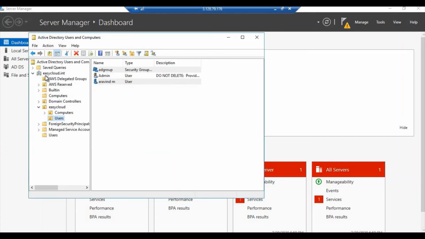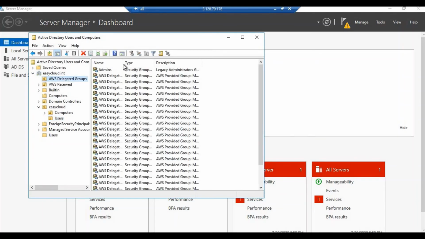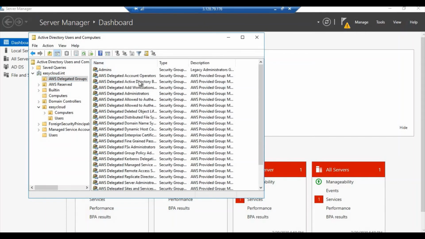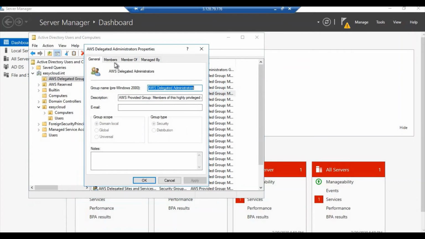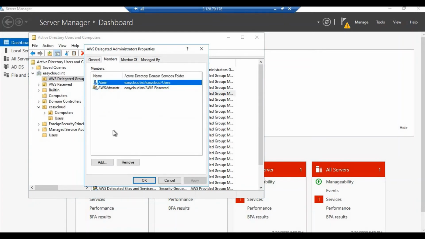Okay, so let's go to these groups. These are the built-in groups which are already available in the AD. There are multiple groups here, right? AWS Delegated Administrators. In this we'll be adding our users. There's already one admin, the default admin.